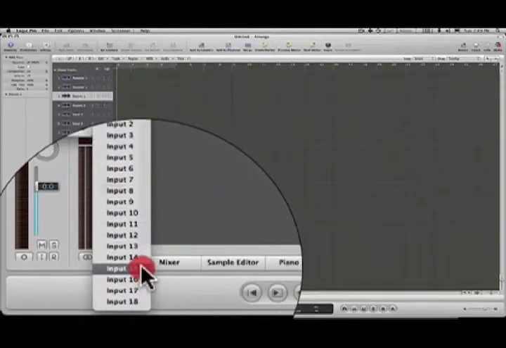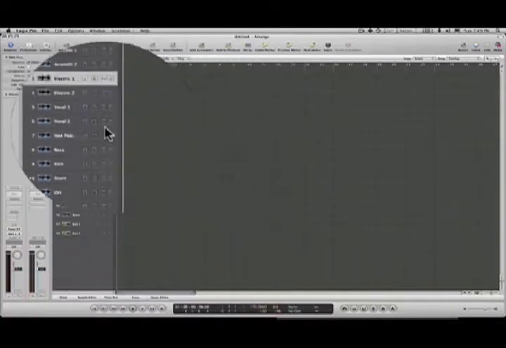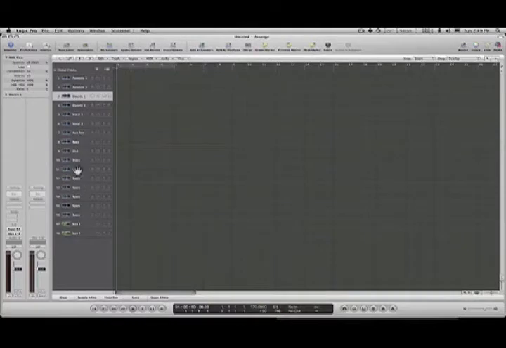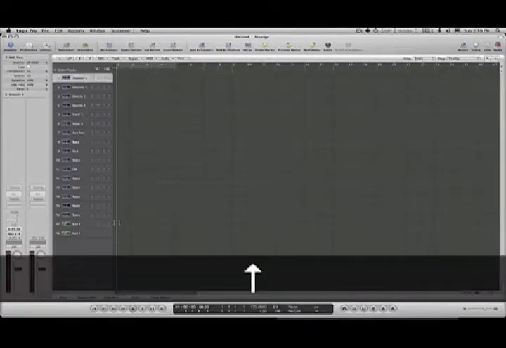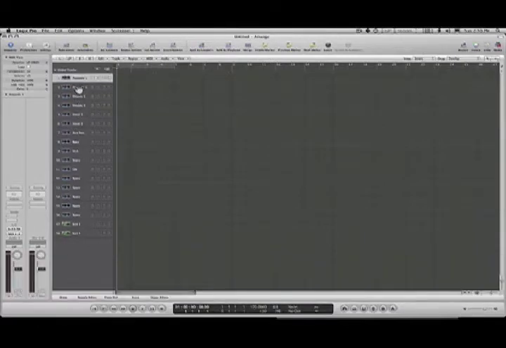Okay, so I'm going to go through and do the rest of these. You know, I got a bass DI. I set up my drums to the channels I want, and then we'll be back in a sec because this is kind of boring. Okay, so we're back now, and I've mapped all these, and I've renamed them,